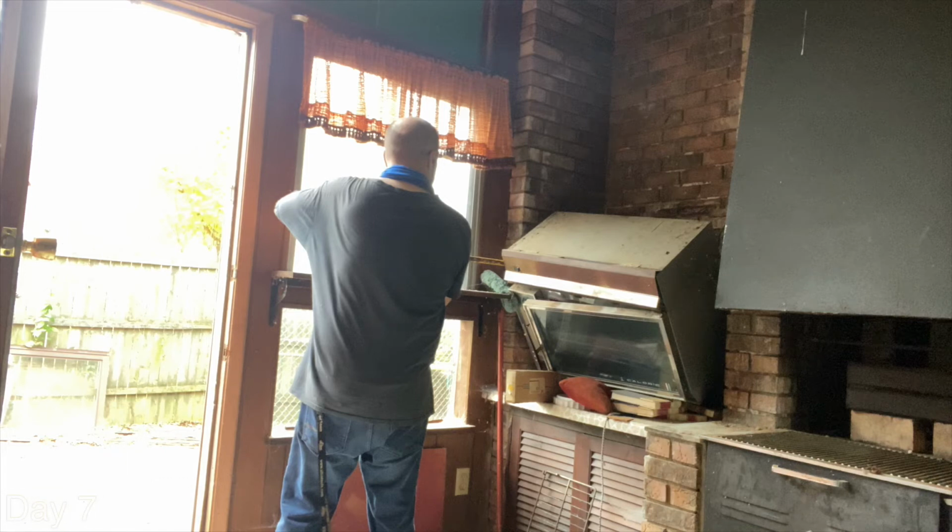This is the other stupid thing I did this week. This is a good lesson in trust but verify. The day I looked at the house, we saw this, and the comment was, "Oh, it looks like the old microwave fell down." And several times over the next couple weeks, it was mentioned that it was a microwave. I didn't think anything of it, so when I went and grabbed this crowbar to remove it,